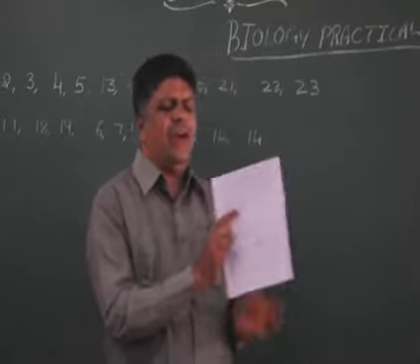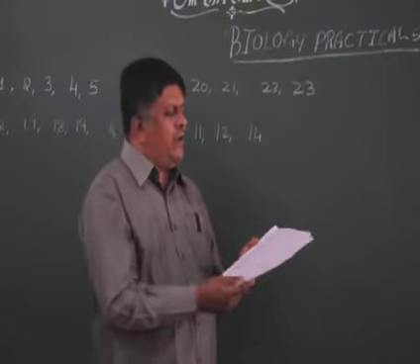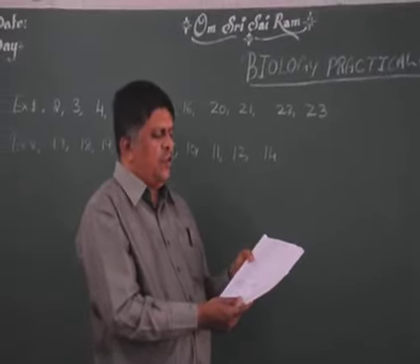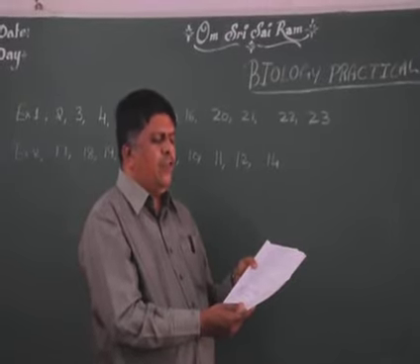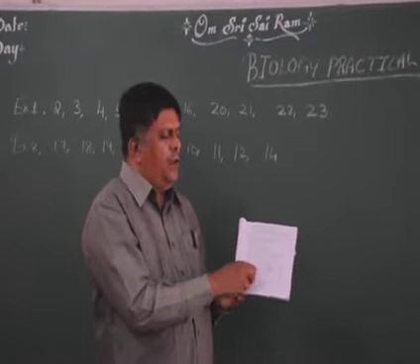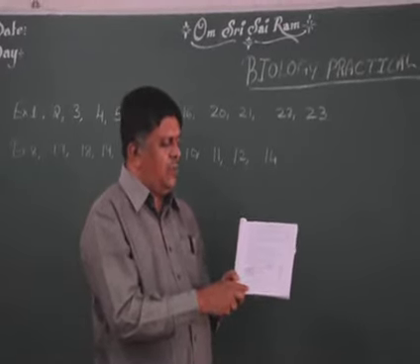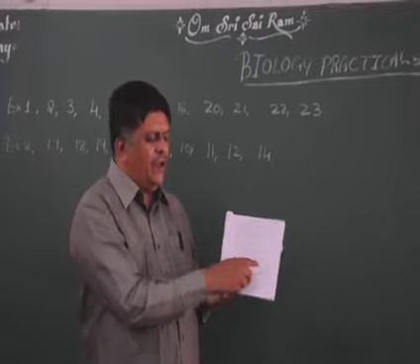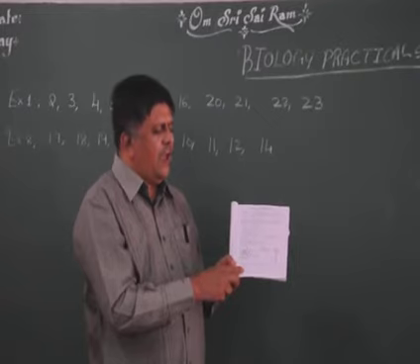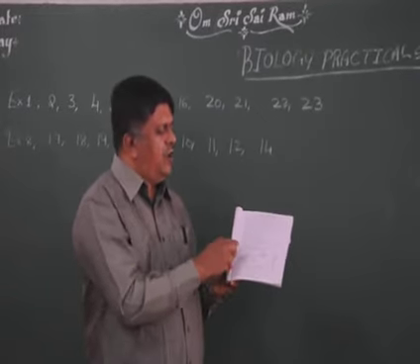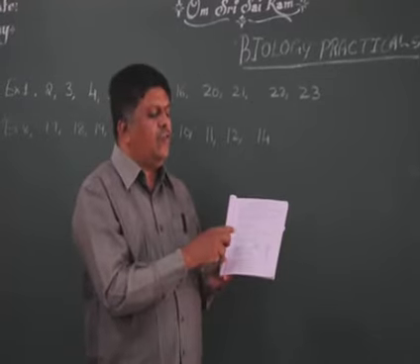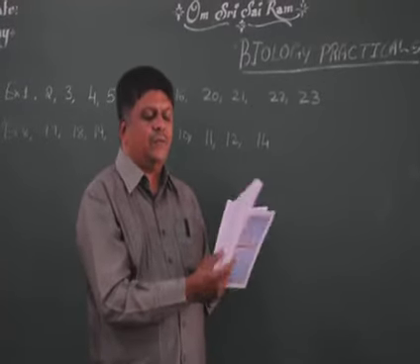Likewise, the second exercise. You can write aim, principle, requirement in 1 page, procedure in 1 page. First you write the diagram in the thick sheet. Below the diagram you can write the tabular column, or you write the 3 diagrams. Then write the observation that is given. Then write the tabular column. At the end of your observation, you have to write the result. So leave space for the tabular column and result.